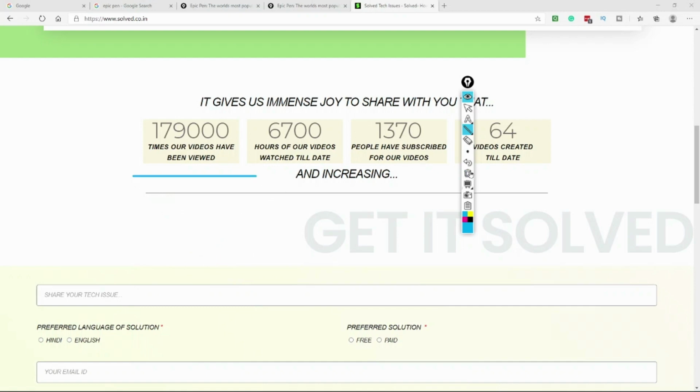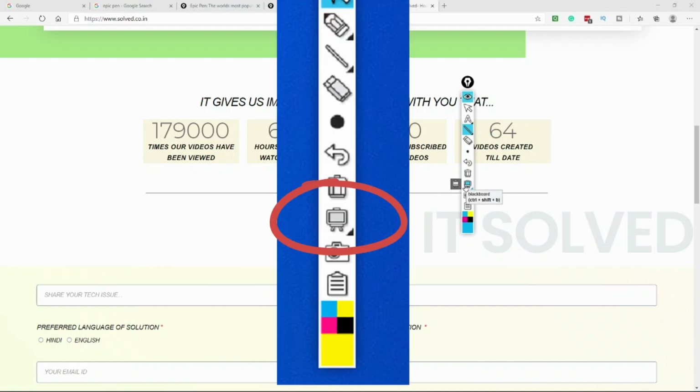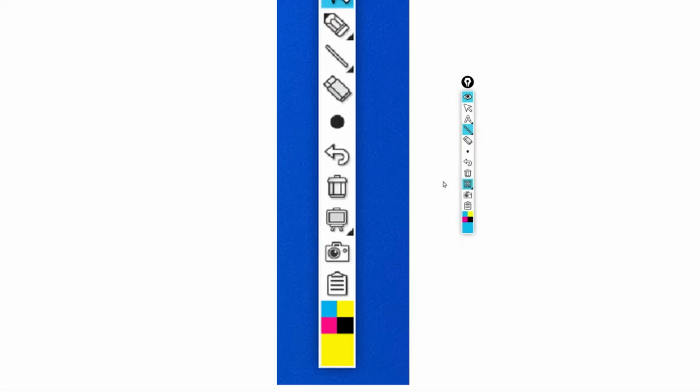Now another cool feature of this Pro version is, since I am demonstrating the feature of drawing a line, but there's so much in the background on my screen that you may or may not be able to see the line very easily, I will quickly go to the whiteboard feature and turn on my whiteboard. Now you see everything has changed to white, and if I show you the same feature, you'll see this is the vertical line, the diagonal line and the horizontal line.